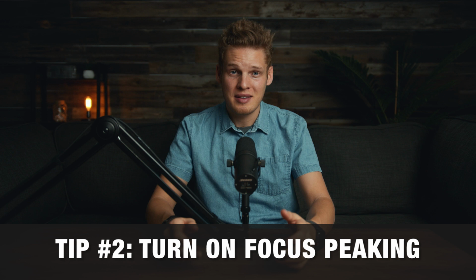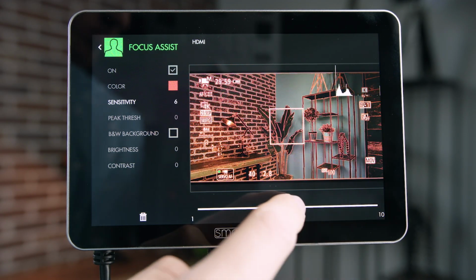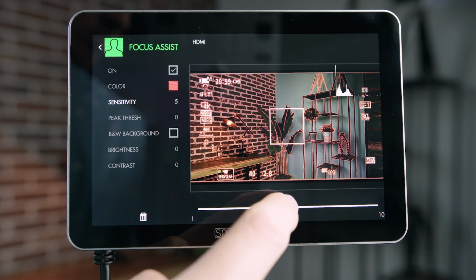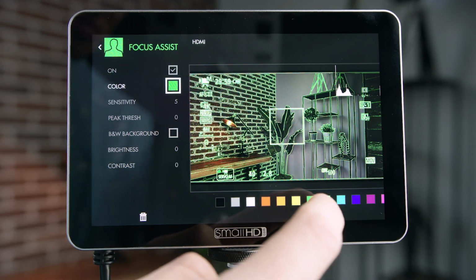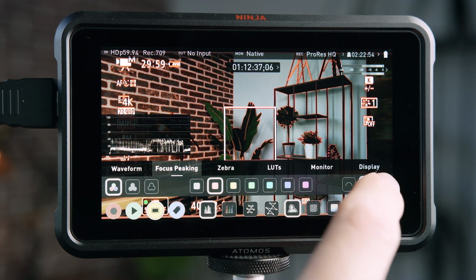Tip number 2 is to turn on focus peaking. Focus peaking is a feature that allows you to easily tell what's in focus and what's not in focus. And most cameras come with it, but if yours doesn't, pretty much every external monitor out there comes with it. Some will even allow you to change the intensity and color of your focus peaking, so I definitely recommend using